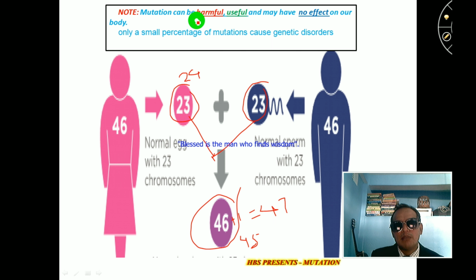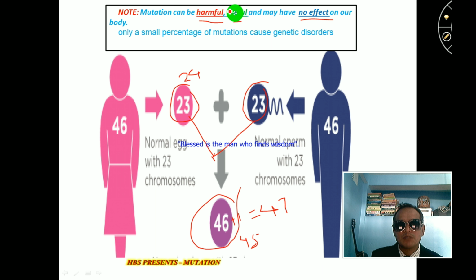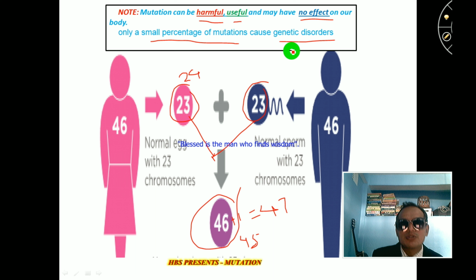Now, mutation can be very harmful, it can be very useful, or it may not have any effect in our body. Okay, so now look at here. A very small percentage of mutations can cause genetic disorders. Like you must have heard about Down syndrome, you must have heard of Turner syndrome. We will discuss these syndromes in detail later. So a very small percentage of mutations can be very harmful, but sometimes a mutation can be very useful also. I'll give you an example of a useful mutation for people living in the equatorial region,